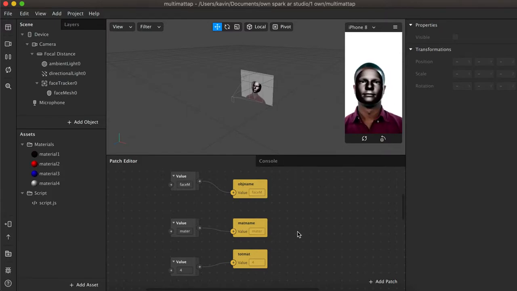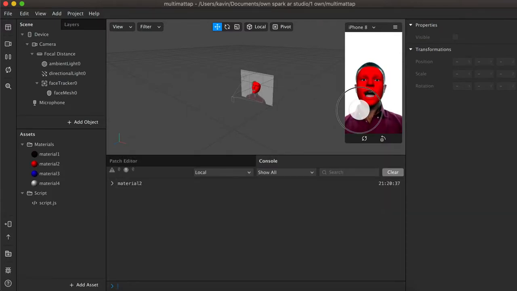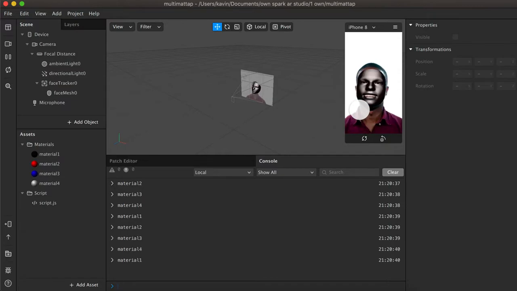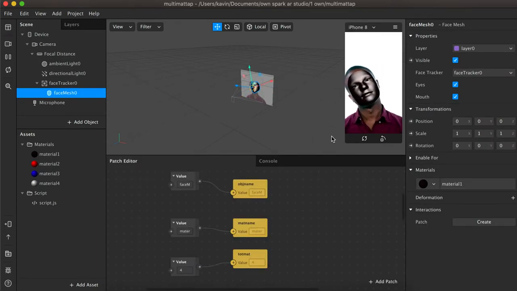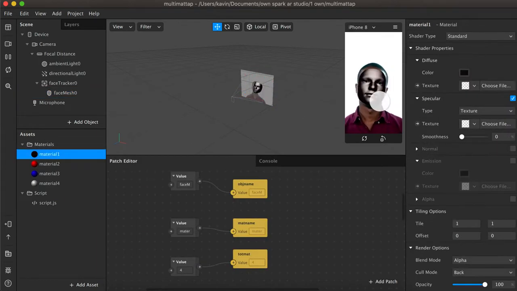So let's see how to change the material based on the tap. Here there is only one object, that is the face mesh. We are going to change the materials for the face mesh based on the tap. Here we are going to do it with